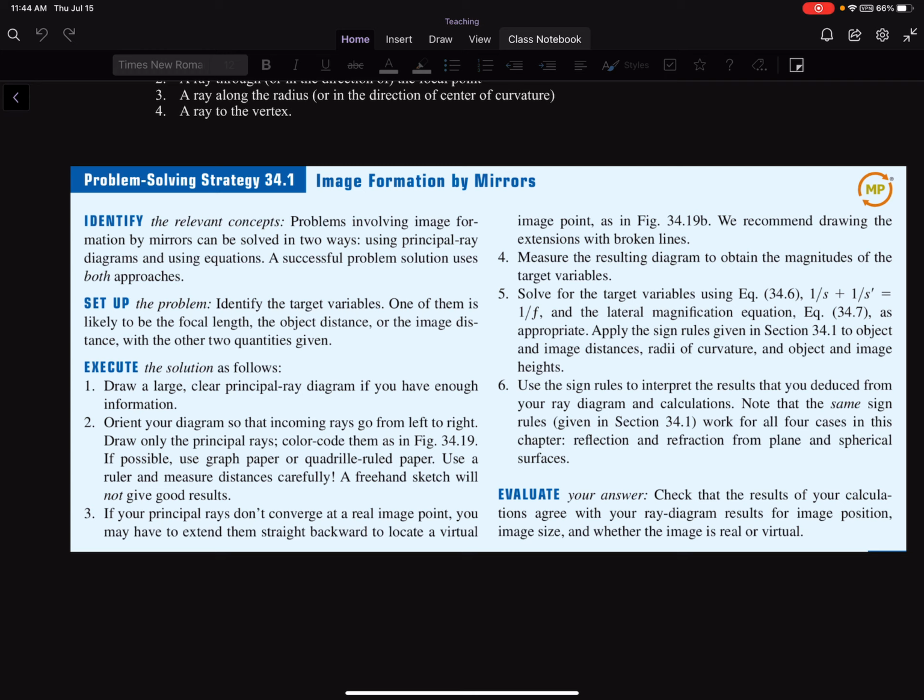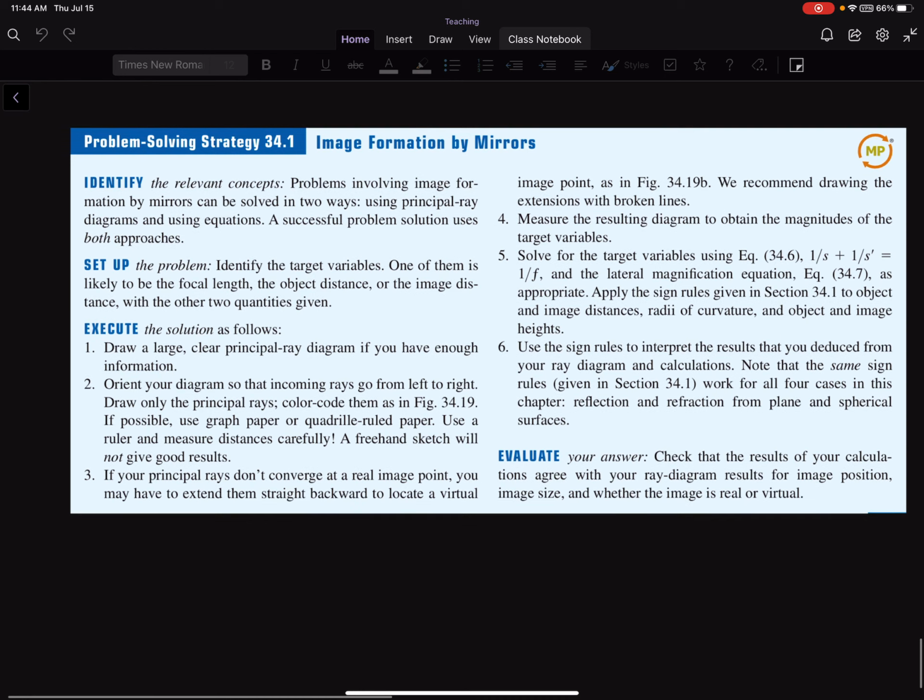So first, for image formation by mirrors, right? Identify the relevant concepts. Problem-solving image formation by mirrors can be solved in 2 ways, using principal ray diagrams and using equations. A successful problem solution uses both approaches. Set up the problem. Identify the target variables. One of them is likely to be the focal length, or the object distance, or the image distance, with the other 2 quantities being given. And then execute it. So draw a nice large picture, and if you have enough information,